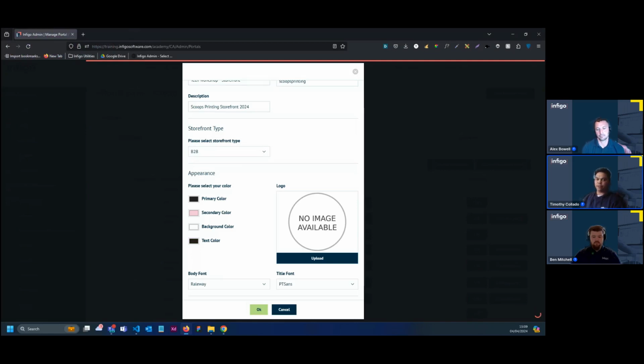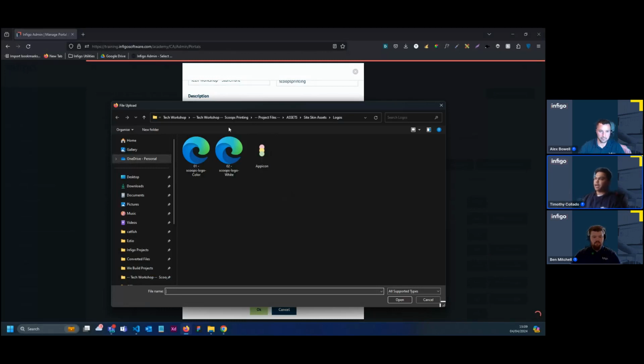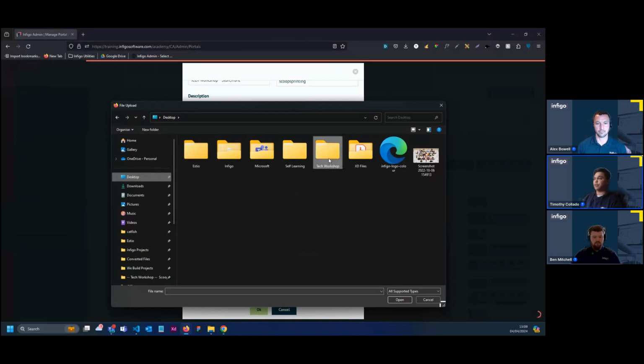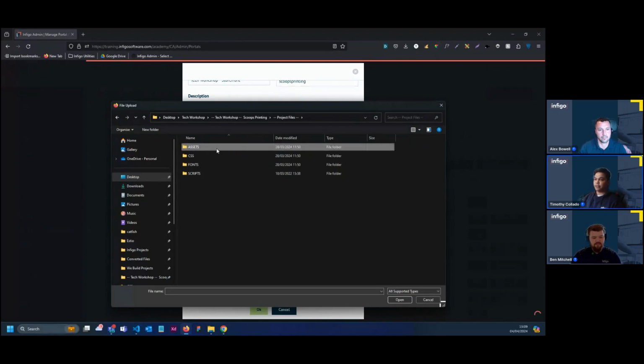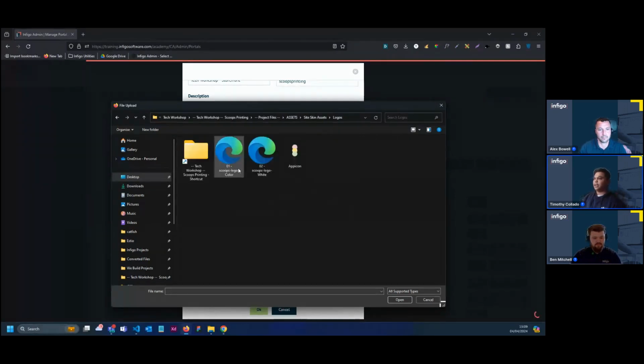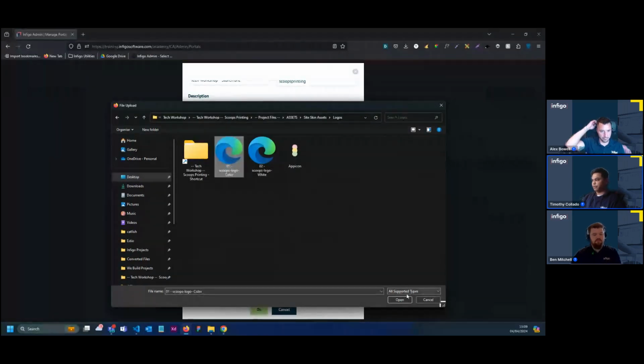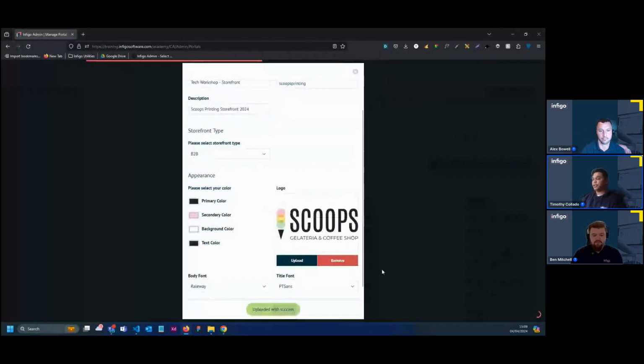Now I'll upload the logo. I'll upload the logo on the folder, and the browser folder should pop up. You should be able to find the Tech Workshop folder that you should have already downloaded. And on the folder itself, click on Tech Workshop folder, project files, click on assets, site skin assets, logos, and then the Scoops logo color will be the one that we'll need to upload. Click open, and this should now upload